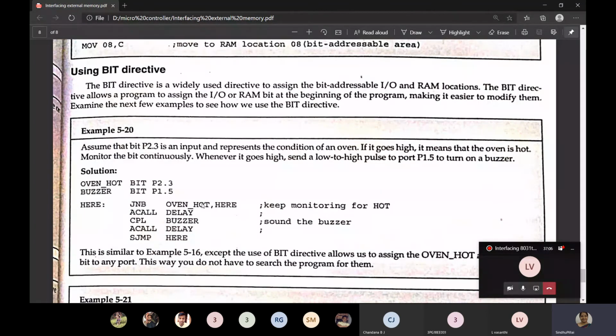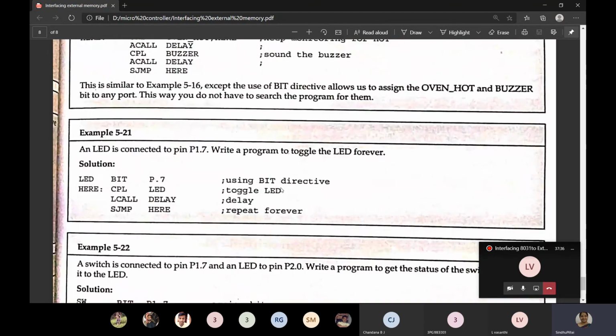Whenever we write about these directives, you have to write them with an example. For ORG and END, you can just write any one simple program. For BIT, you have to mention it like this. And one data type is there: define byte, DB. I had given DB in the starting class. You mention that also as a directive. It is the only data directive we have in 8051, that is define byte. That also should be mentioned when you are writing about the directives. So that is one example.